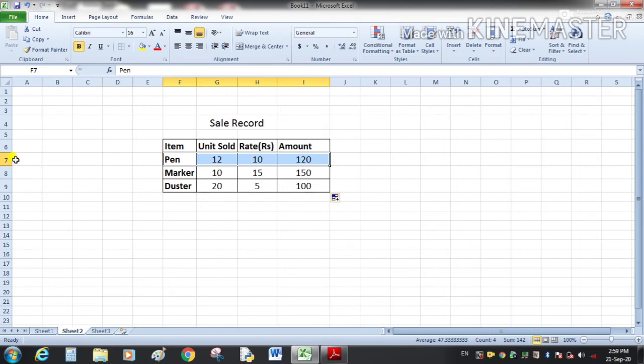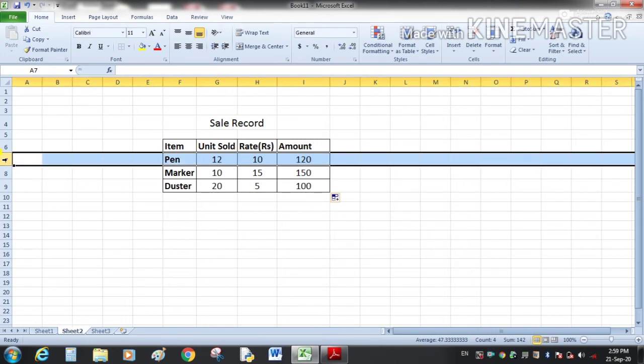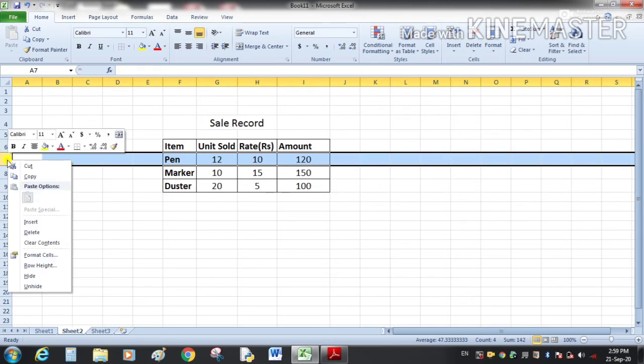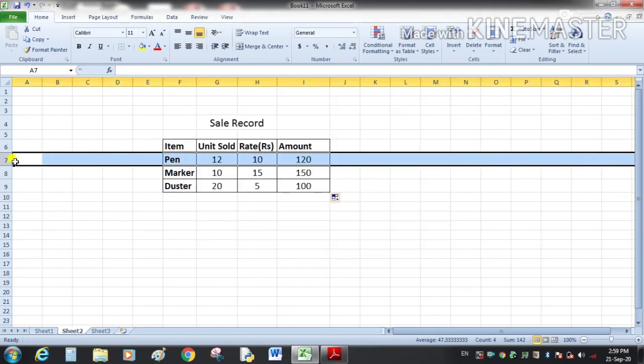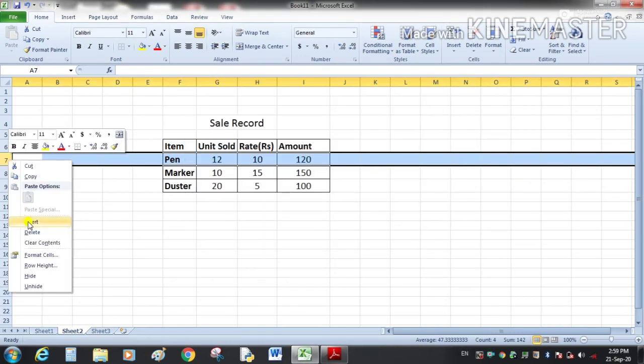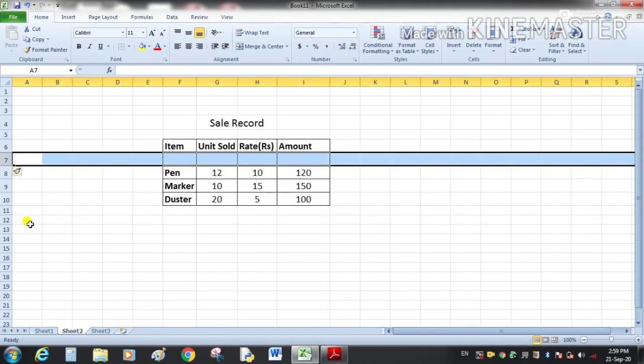First of all, select the row and right click here, and from here select the option insert. A row is always inserted above the selection, so a row will get inserted above this selected row. So when I click here, a row will get inserted.